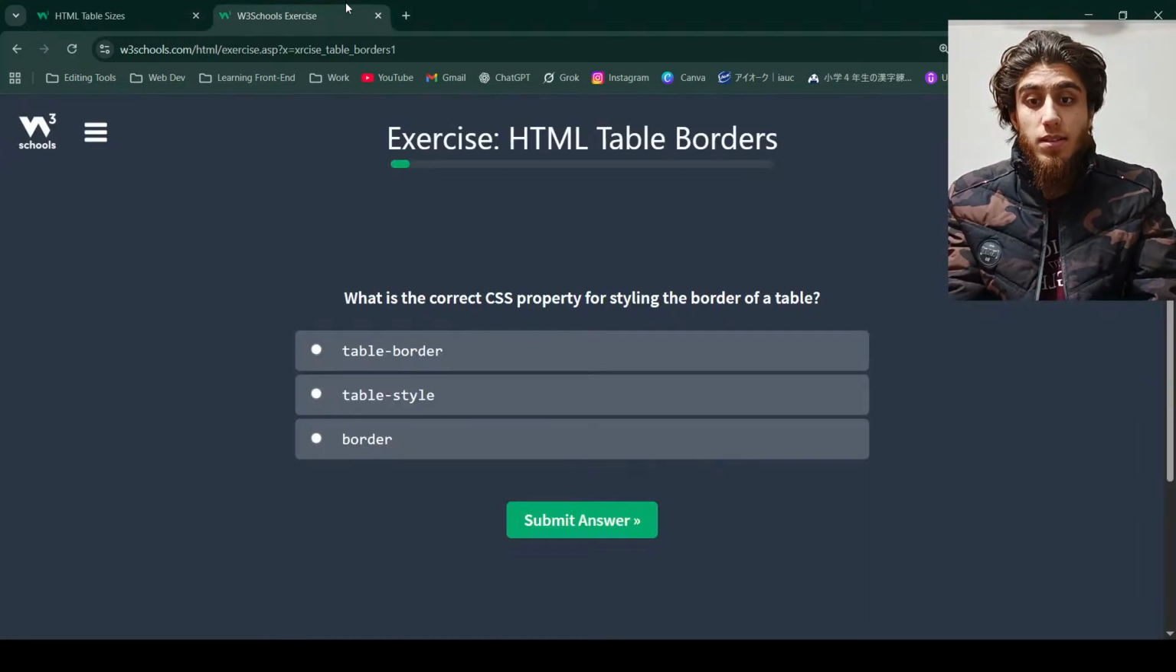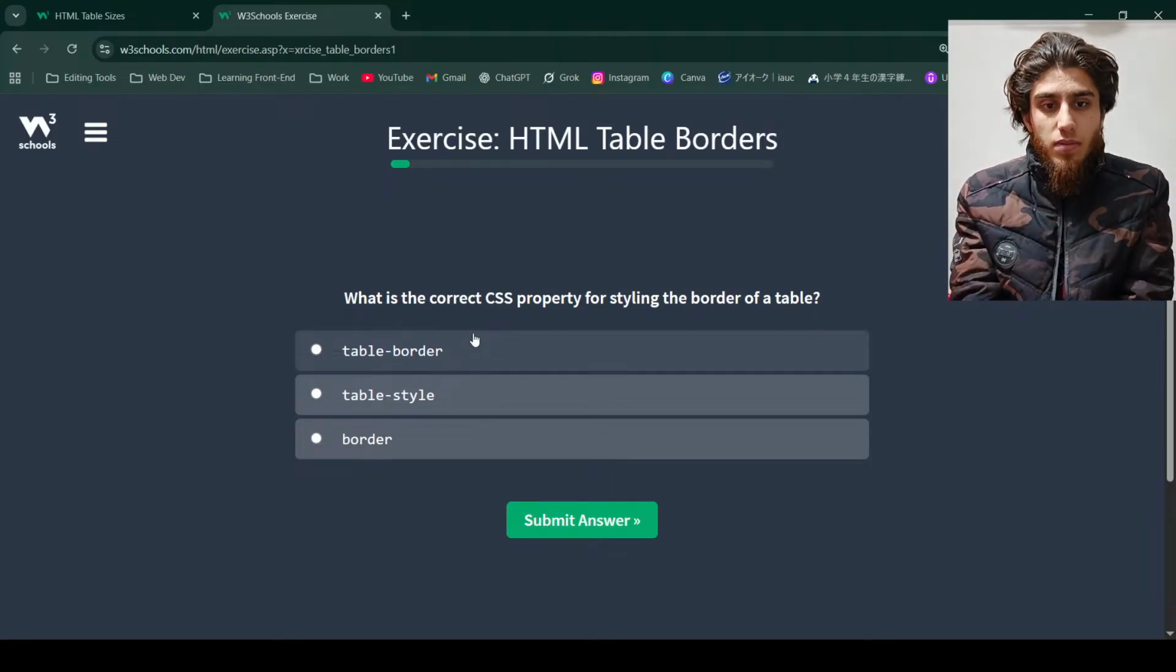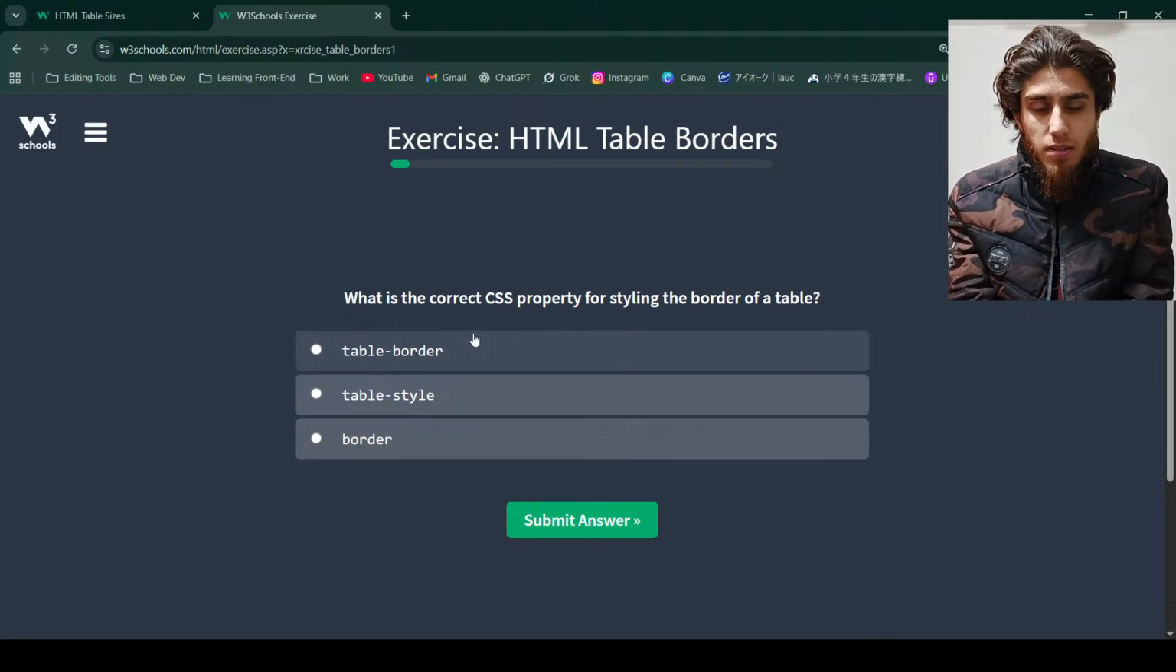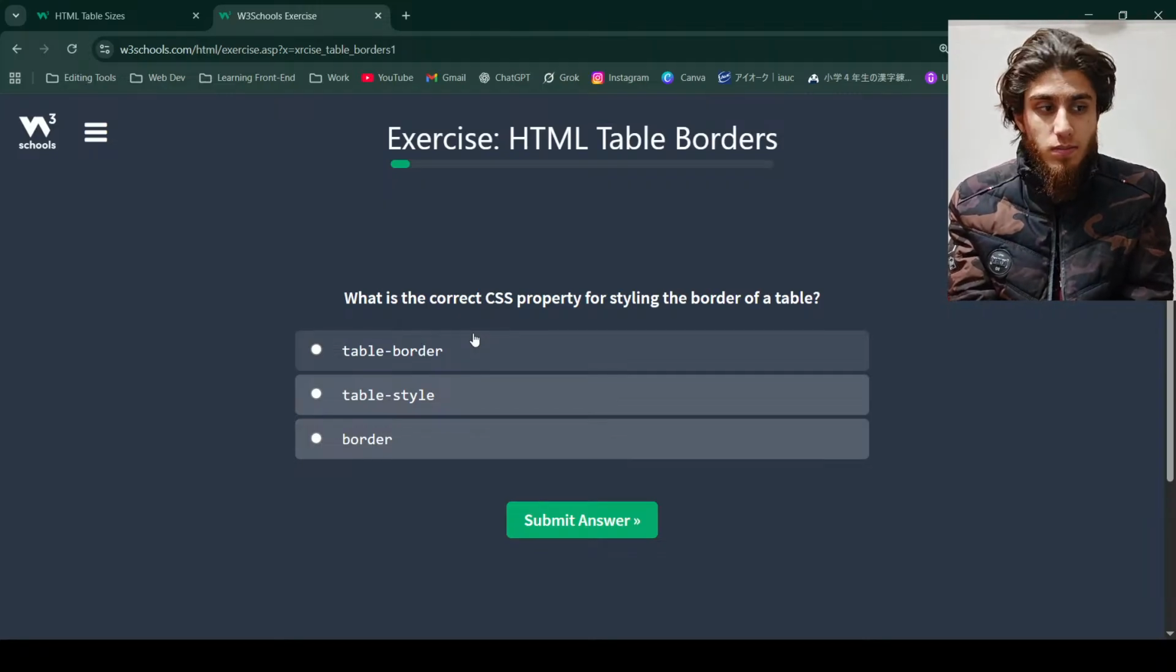HTML table sizes. So, what is the correct CSS property for styling the border of a table? What is the correct CSS property? What is the correct CSS property for styling the border of a table? The correct CSS property for styling the border of a table is